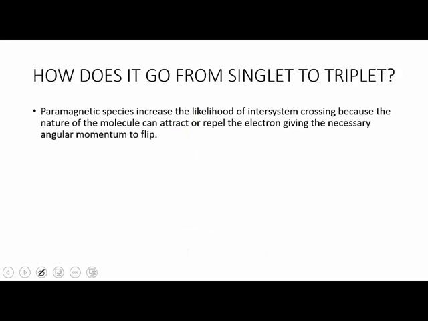One other interesting idea is that paramagnetic species increase the likelihood of intersystem crossing as well, because the nature of the molecule and its magnetic properties can attract or repel the electron, giving the necessary angular momentum to flip. And of course, there's much more to spin-orbit coupling that I'm not going to go into right now because it is a very